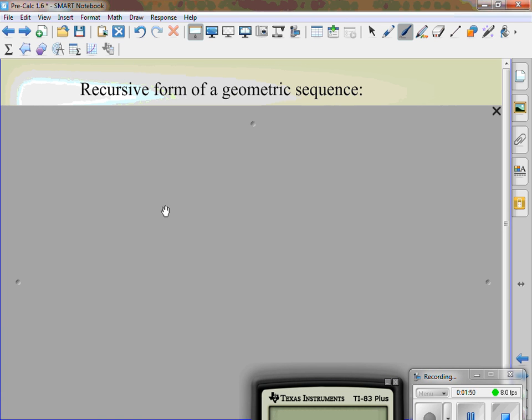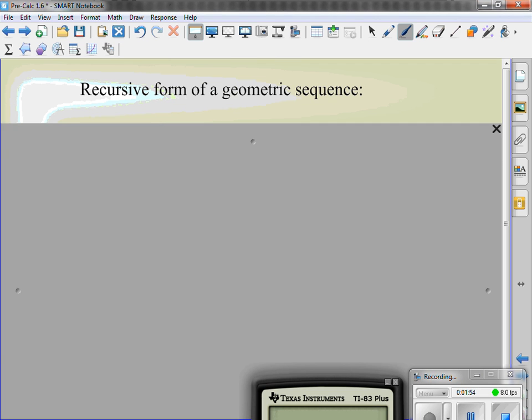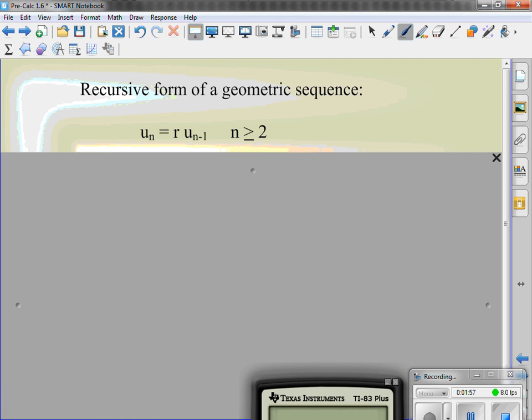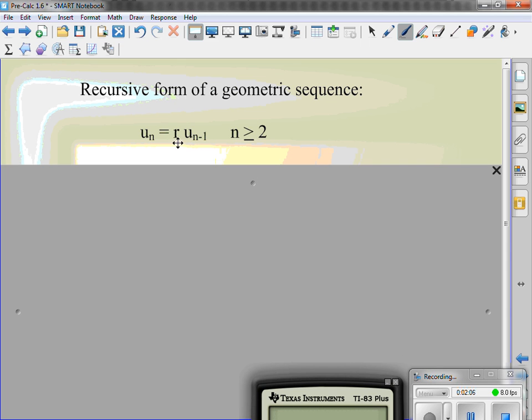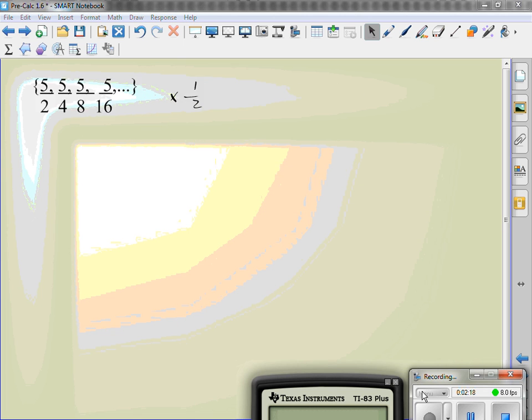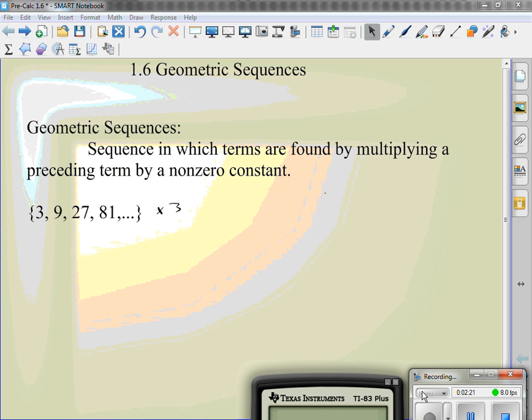The recursive form of a geometric sequence is u sub n equals r times u sub n minus 1. R is your difference. It's what you're multiplying or dividing by each time. So if we go back to the first one and we write the geometric sequence, to find out what r is,